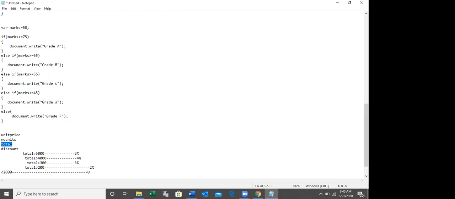If this total is greater than 5,000, calculate 5% discount. If the total is greater than 4,000, 4% discount. If it is greater than 3,000, calculate 3% discount. If it is greater than 2,000, calculate 2% discount. Less than 2,000, calculate 0% discount, right? Try this one.